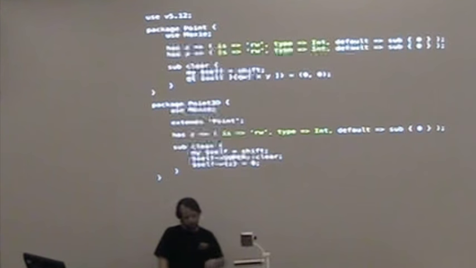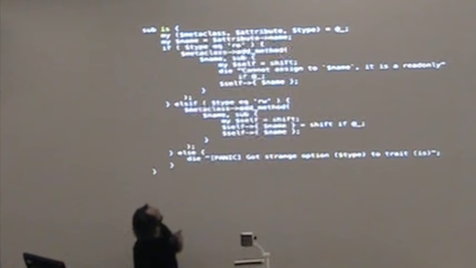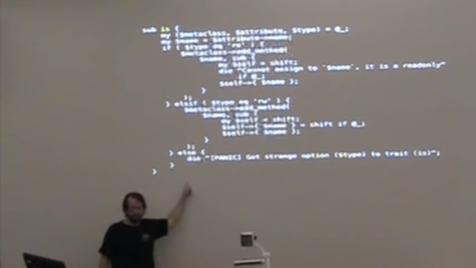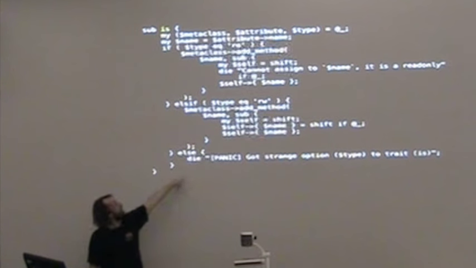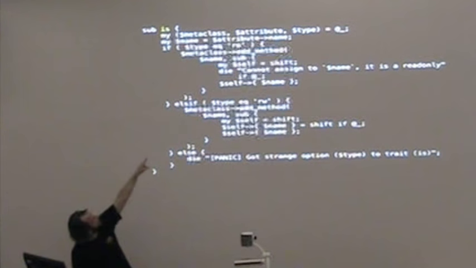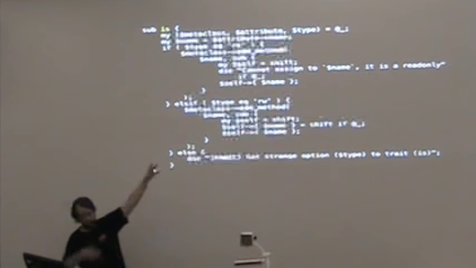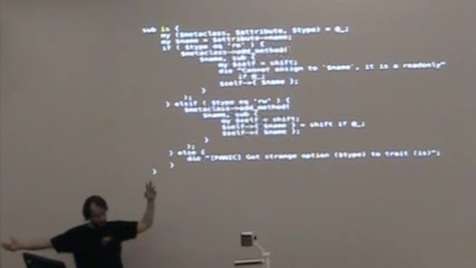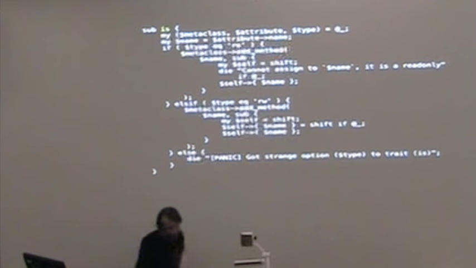So we discovered this in a previous prototype, that we could actually do this very much like Perl 6 does, in the sense that if there's a function in scope that matches the key, then we call that function with first the meta class, then the attribute meta object, and then whatever other arguments you might have passed in. Those are the arguments.